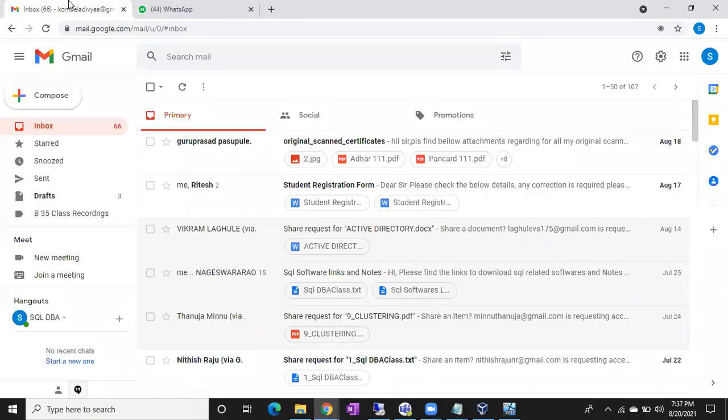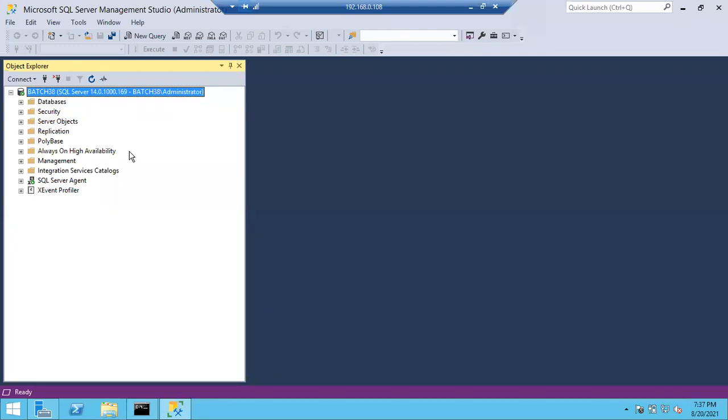So, what are the things we discussed in the last class? What are the topics we have covered in the last session? Full backup. We are discussing backup concepts. Full backup. Okay. Before full backup? DB roles. Between DB roles and full backup? Orphan